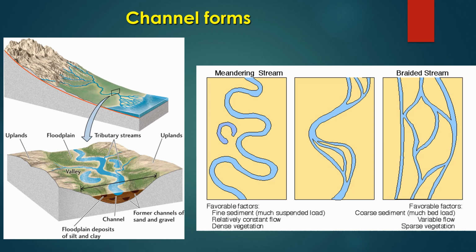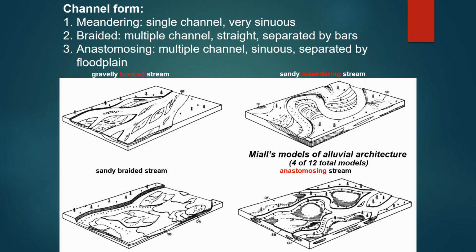Rivers can be classified based on their channel forms. There are straight channels and sinuous channels. A river with a single sinuous channel is a meandering river. A river with multiple relatively straight channels is a braided river. A river with multiple sinuous channels is the anastomosing river, which is the transitional type of river between the meandering